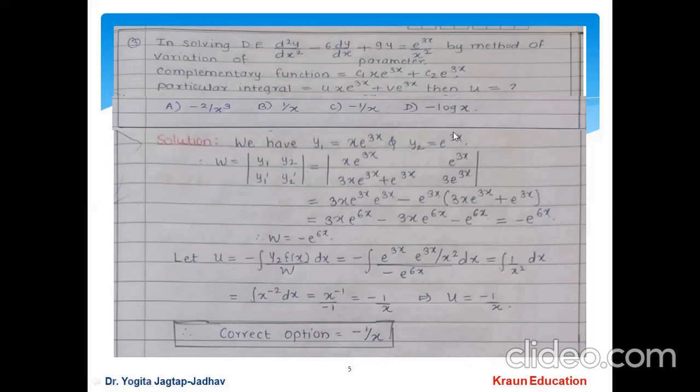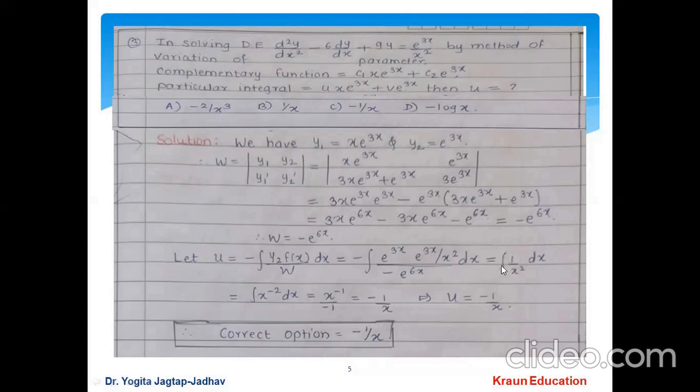Put the value of y2, that is equal to e raised to 3x. The value of f of x is equal to e raised to 3x by x square. And the value of w is what? Minus e raised to 6x. Here you can see minus of minus becomes plus, and the numerator is equal to what? E raised to 6x. This term e raised to 6x from the denominator gets cancelled, minus of minus becomes plus,